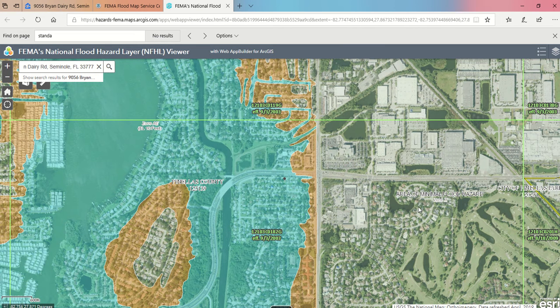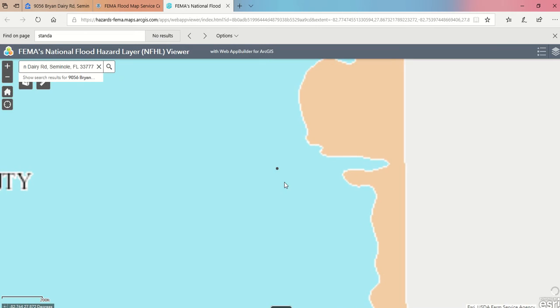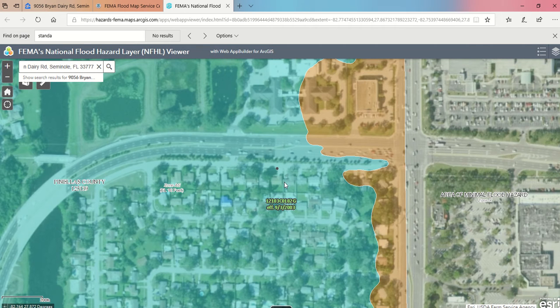These houses around this pond, as an example, they might be in the high risk flood zone in reality, but FEMA's not showing it, because if you look at the date at which this data was effective, the date is 2003. And so if there's any new development since then, or depending on when the model was developed, you're not necessarily going to have accurate data for all of the location. But for insurance purposes, you have to go by the FEMA data,